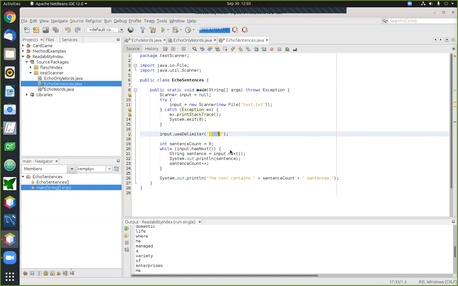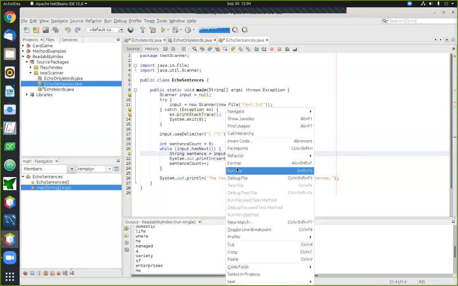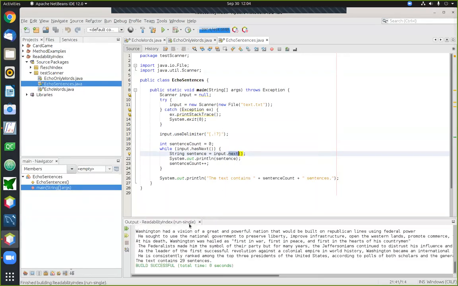And most importantly, since I did not include spaces in this list, now the scanner will no longer skip over spaces. When you call the next method now, it will keep reading until it sees something that looks like one of these delimiters, and then it will hand you the entire chunk of stuff that it's read. This basically will make it possible for us to read one whole sentence at a time. All right, so if I run this thing now, it's going to be reading only full sentences, and that's what it's going to be printing.